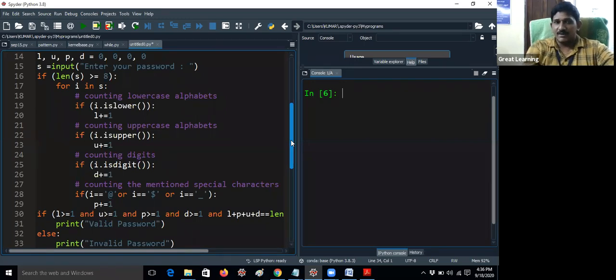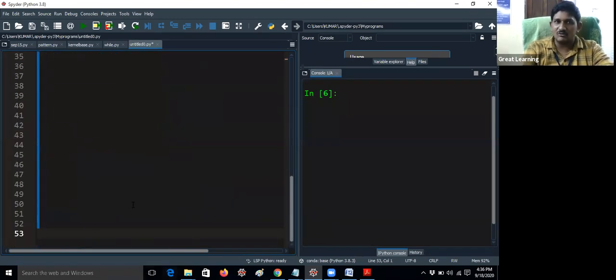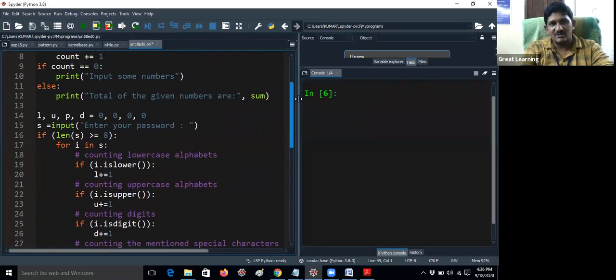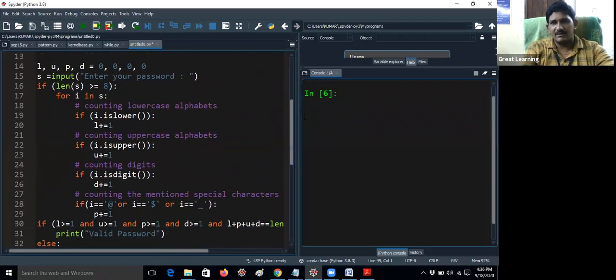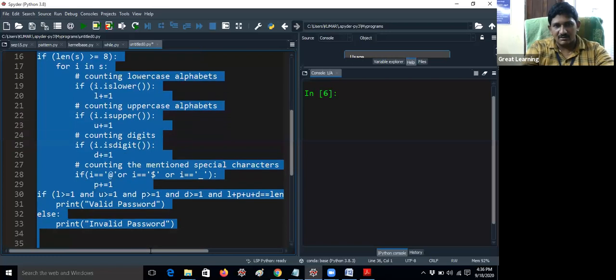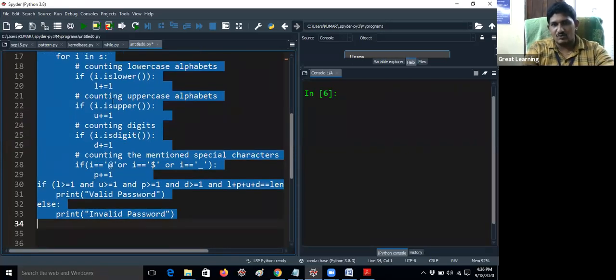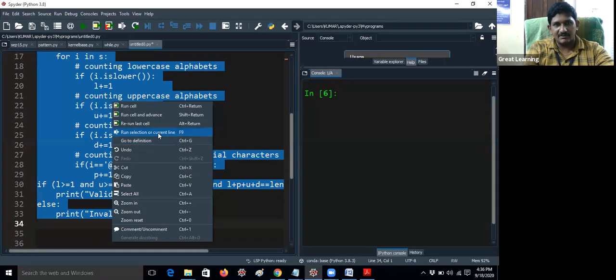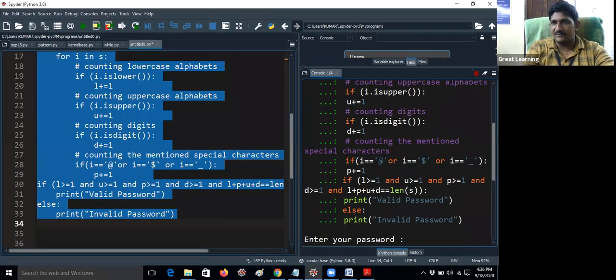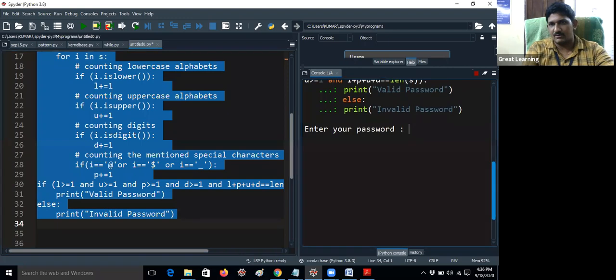Earlier I already discussed this, but I did not cover the for loop concepts there. That's the reason I skipped that concept. So for this topic, I am giving one example. I am just writing an example to check whether the given password is correct or not. Let me run it. The program will look very long and lengthy, but don't think like that. Don't see the length. I will explain, then you will definitely understand. It's very easy. You can write it on your own.